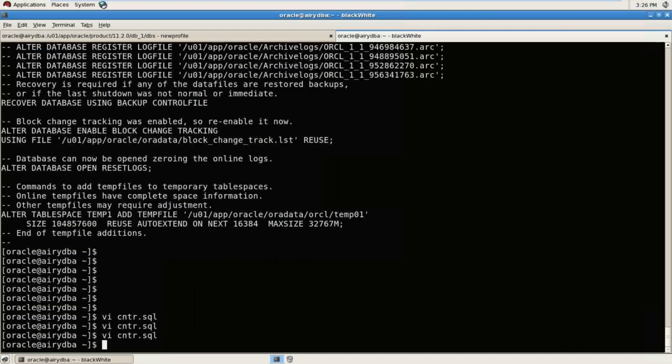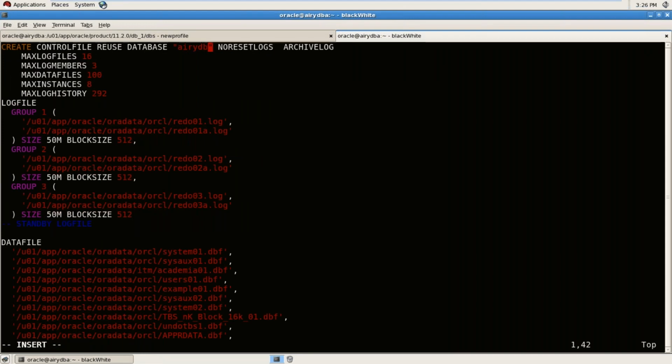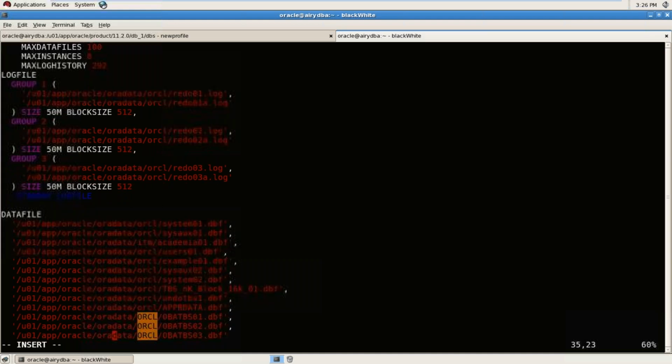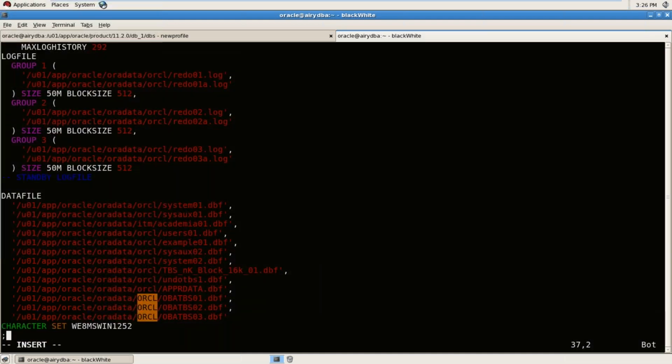Now, what you need to do, you just have to change ORCL with ARIDB. So I will put SET DB and RESET LOGS. You want to reset logs and set the database name. SET, not use, right? And you have to change all the ORCL with ARIDB slash